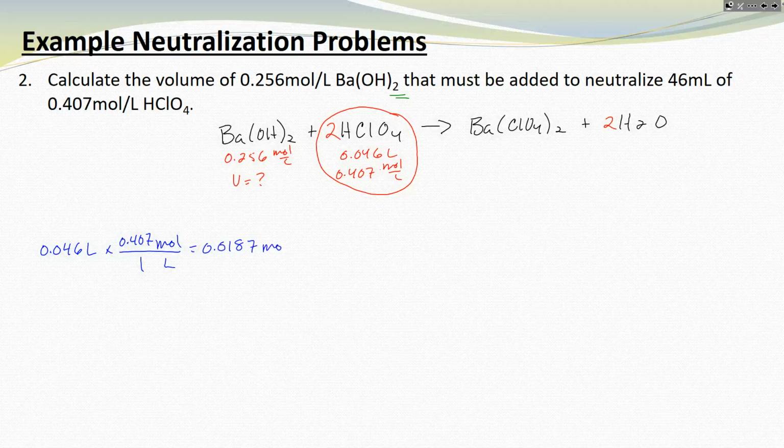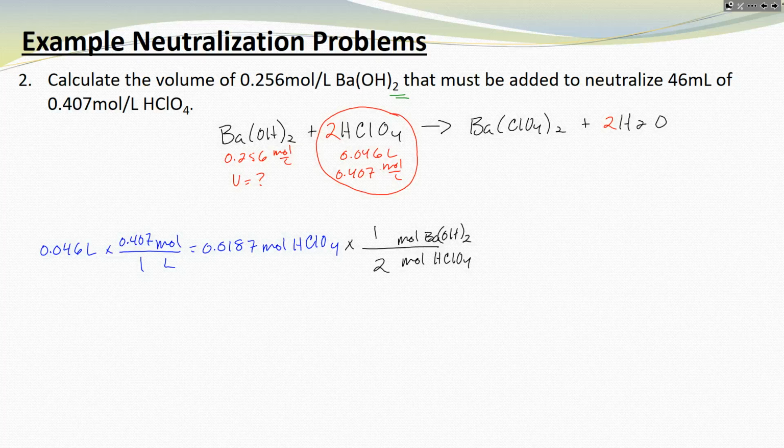So that is 0.0187, and that's moles of HClO4. Now we want to use that and the ratio to get to moles of BaOH2. So moles of BaOH2 on the top, moles of HClO4 on the bottom, and it is a 1:2 ratio. So I'm going to divide this answer by 2, and I get 0.00935, which I'll round off to 0.0094 moles of